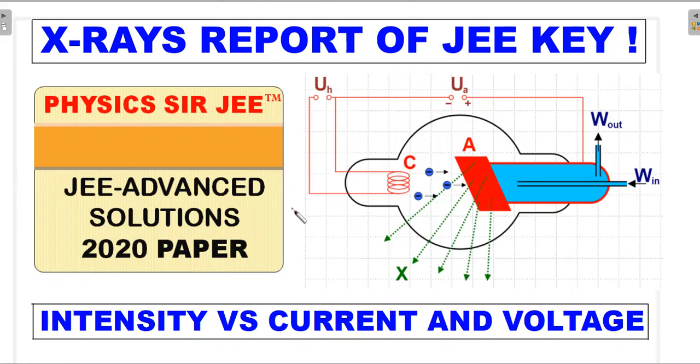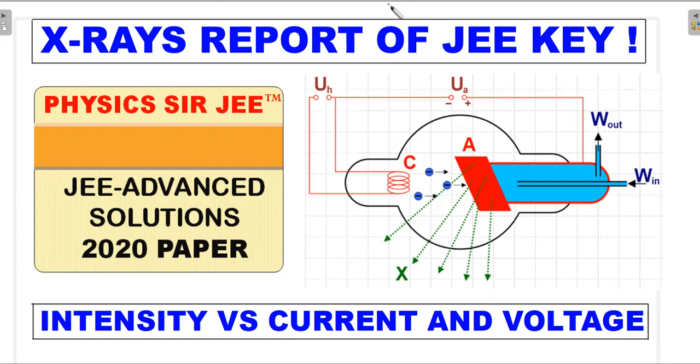So I brought forward to you a question from the JEE 2020 paper, in which a question on X-rays was asked, a simple properties-based question on characteristic and continuous spectrum, and we'll try to see whether the key given for the JEE is going to be good or bad. In a sense, I wanted to say whether the key given is correct or not. As we move along, we'll try to strengthen our concepts on understanding of the X-ray spectrum, and also we'll top it off with 4 practice problems for future analysis questions on this particular topic.